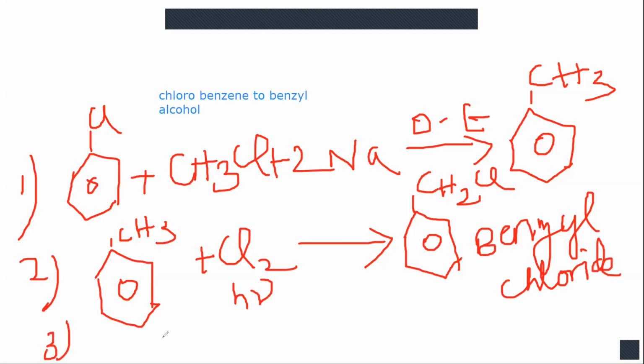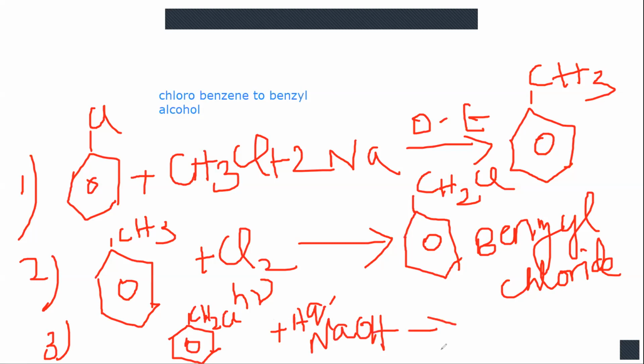And next step is benzyl alcohol. So third step conversion is take that benzyl chloride. Now benzyl alcohol is instead of Cl, OH, very easy. But here you cannot use PCl3, PCl5. See here the Cl group has to be converted into OH. So simply water or aqueous NaOH. Aqueous NaOH also you can use. So when you use aqueous NaOH, OH will get substituted instead of Cl. So in that third step you will be getting CH2OH. So this is a 3-step conversion.